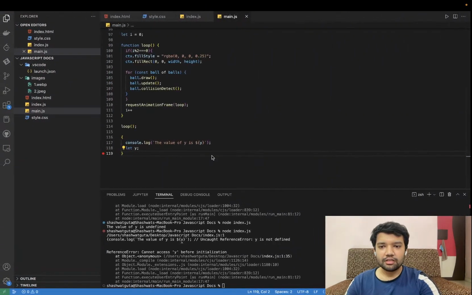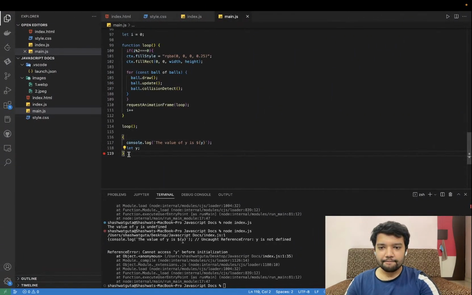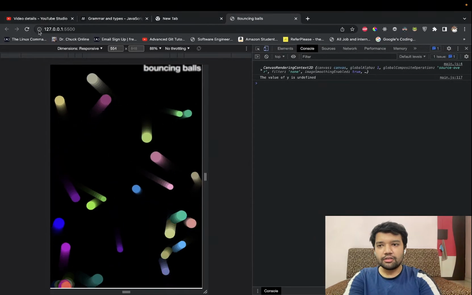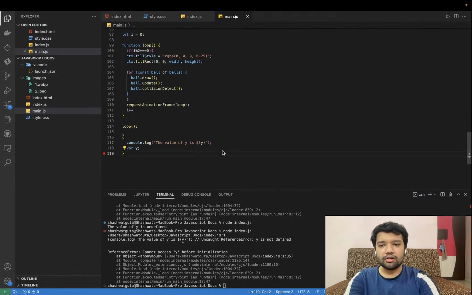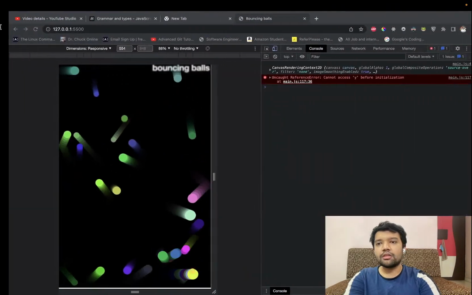Okay, so I guess var is hoisted. I know var is hoisted, but isn't let hoisted? So let is not hoisted, I guess, or I'm missing something. So we'll check